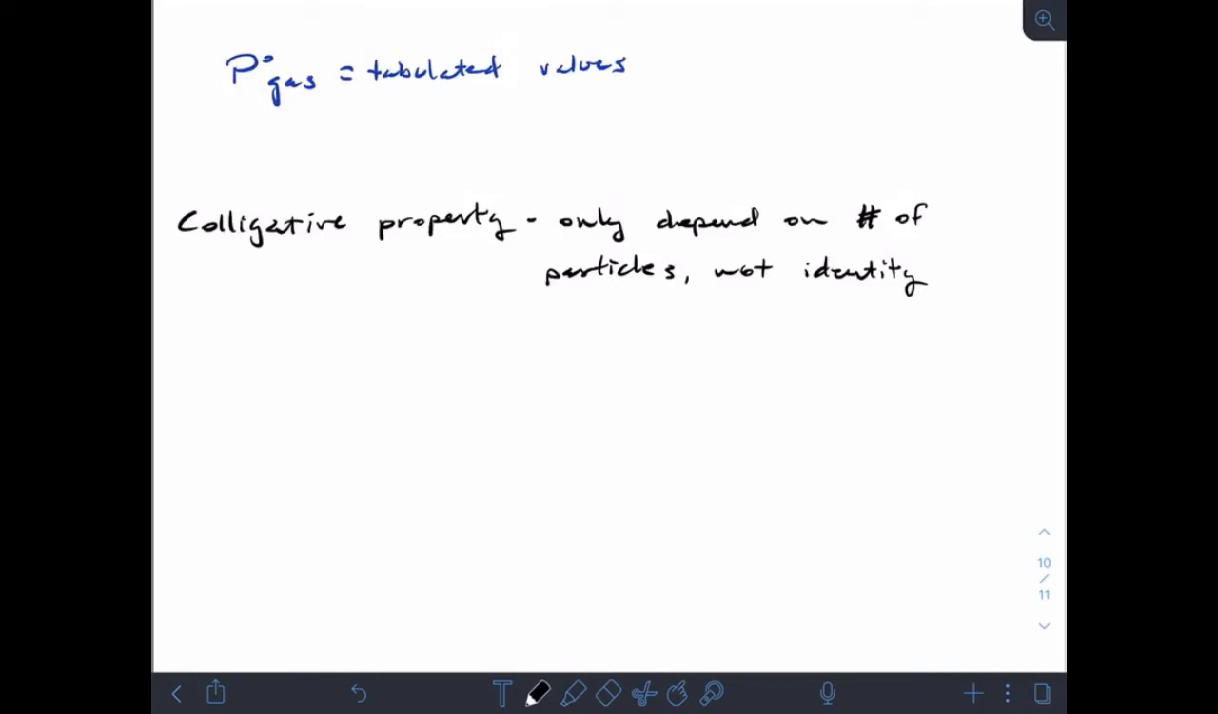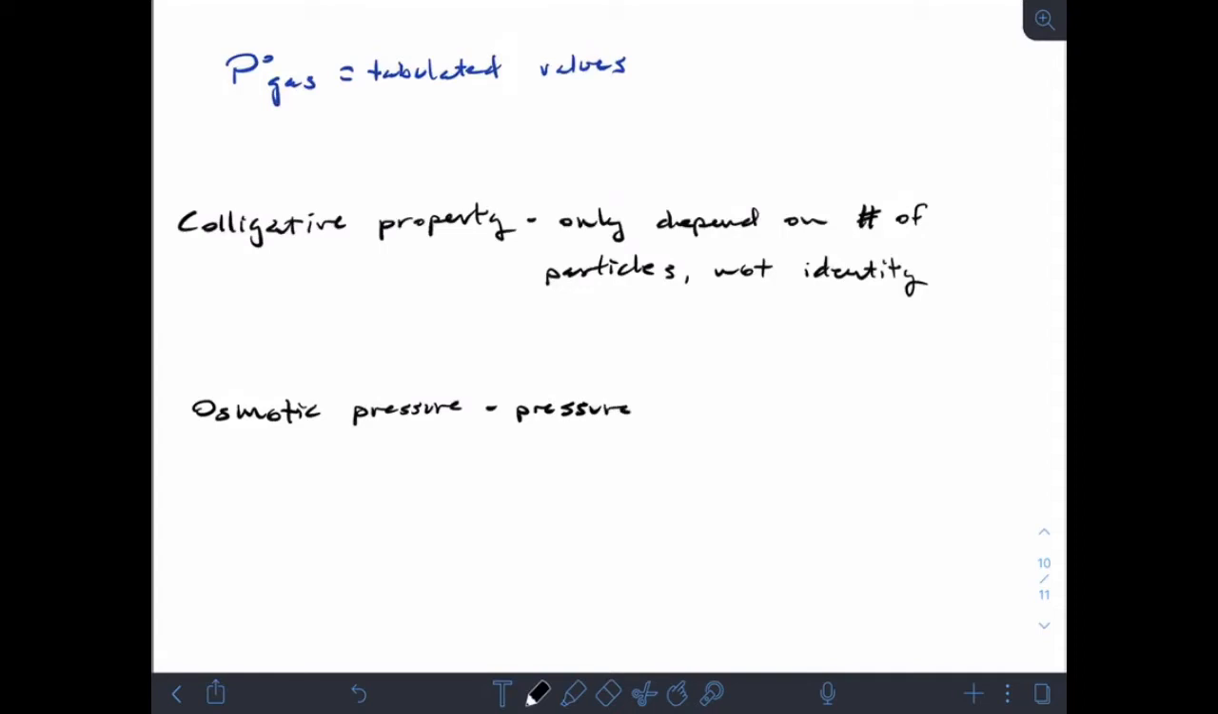Okay, so the first one that we're going to talk about, and you guys get to do a lab about this one, is osmotic pressure. Okay, and what's interesting about osmotic pressure is it has to do with water, primarily. But it can be about other liquids and other mixtures. But osmotic pressure is defined